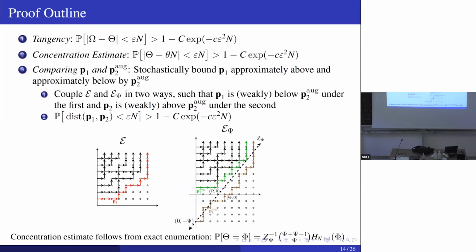The second is a concentration estimate, which tells me that this theta n, the location where the brown curve exits the x-axis, is basically deterministic. It concentrates around some fixed theta of n, which is exactly the